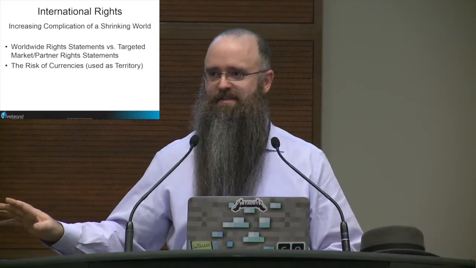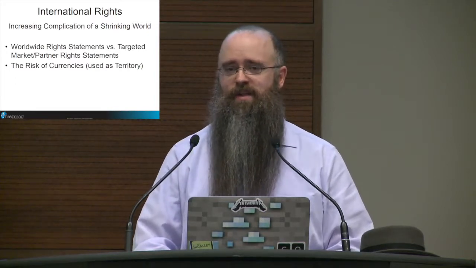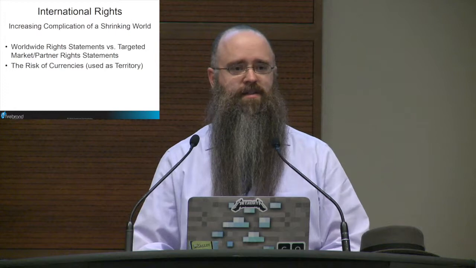So it really has to do with not just your rights, but also the rights of the book retailer. Another complication: some partners interpret the existence of a currency in the metadata as sales rights for that country. They may say, "Oh, look, they've got a currency for British pounds. I can sell it in the UK." They don't even look at the rights statement in the ONIX file. They couldn't care less about that. It has British pounds in the ONIX file, which means you can sell it. So this may really require sending only currencies for a partner where they have the rights to sell. Instead of just giving them everything, only give them the currencies that they are allowed to sell in.